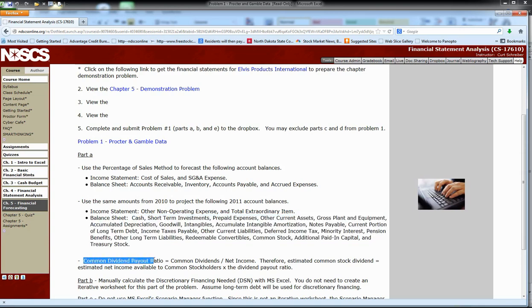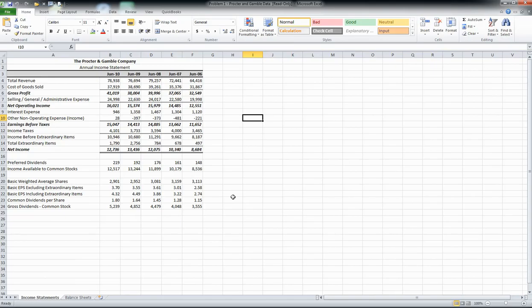Note also it talks a little bit about the dividend payout ratio and how to calculate the common dividends. Okay, clicking back onto the